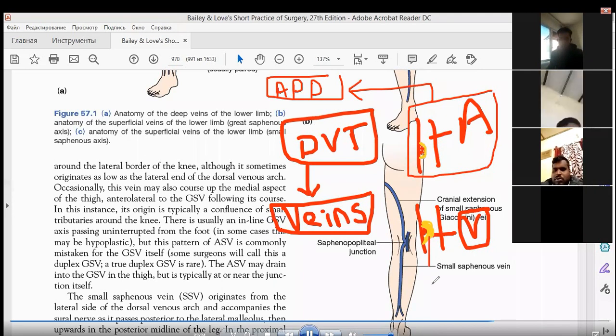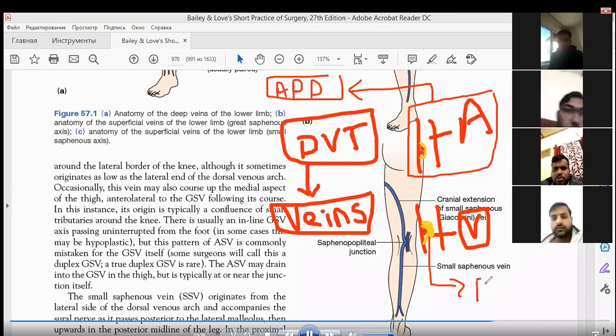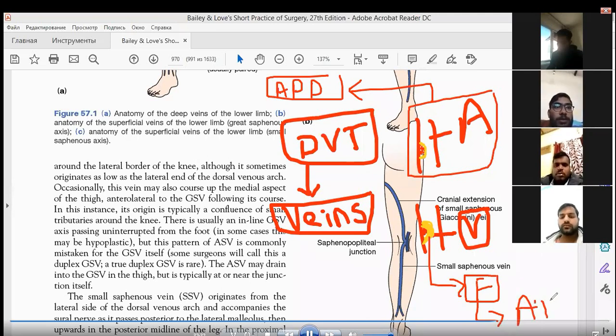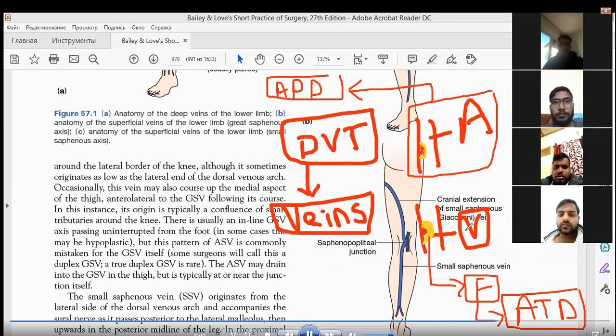there is more formation of fibrin here, so you are going to give anticoagulant, anti-thrombotic drugs. You are not going to give anti-platelet drugs in a patient with thrombus formation in the veins. But if there is thrombus formation in the arteries, you are going to give anti-platelet drugs like clopidogrel,